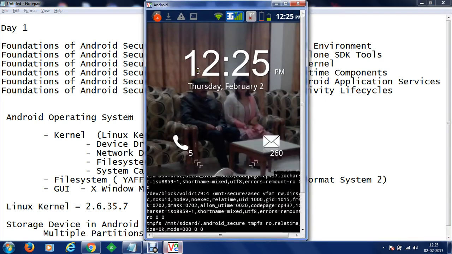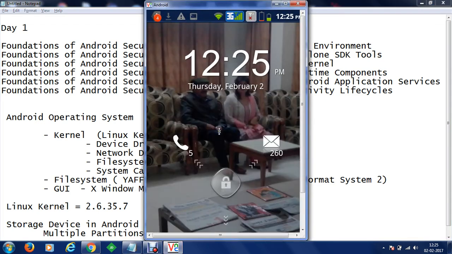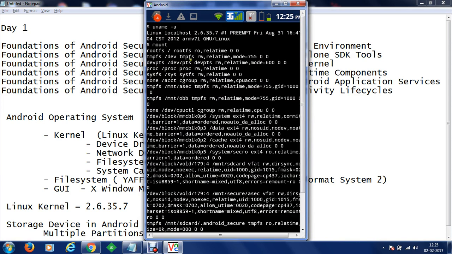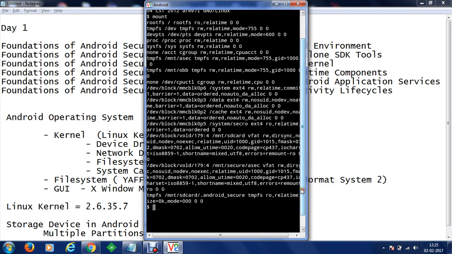These partitions can be identified using the partition numbers here. Let's say we have partition number 6, partition number 3, partition number 2, partition number 5, and there are many partitions here. Now what you can see is we have to look for the YAFFS2 file system using which these devices are mounted on the directories. There are many devices mounted here, and they are mounted somewhere like this.